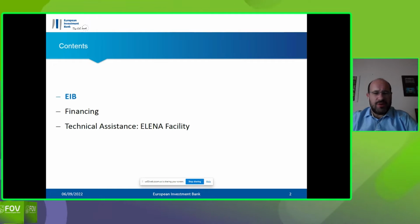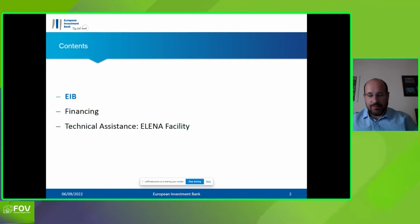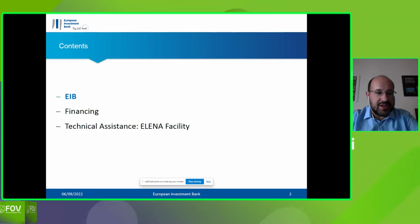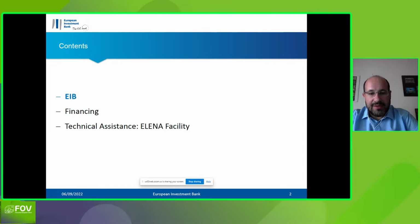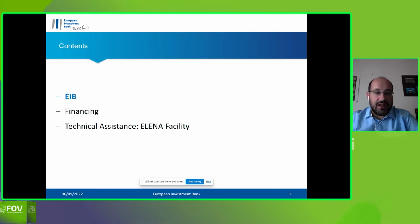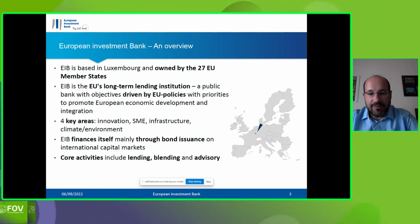The work that at the European Investment Bank we have been developing during the last years to support energy efficiency and renewable projects. I will start with a very brief introduction on the EIB, because most likely my colleague will also want to give a snapshot, and then I will immediately move into some examples of financing opportunities, how we can finance projects, and also about the ELENA facility, a technical assistance facility that is managed by the EIB on behalf of the European Commission. I will try to make it short so that we can have some time for questions